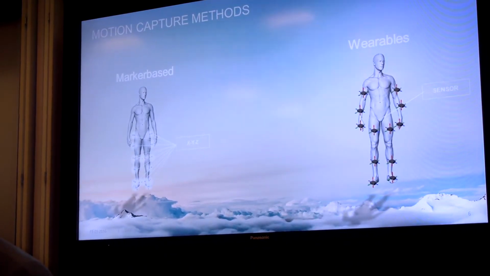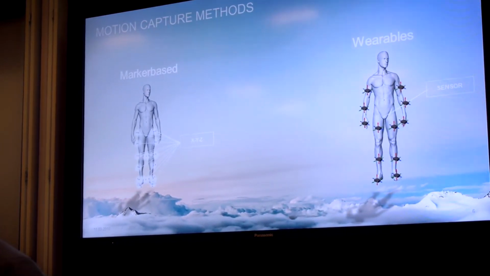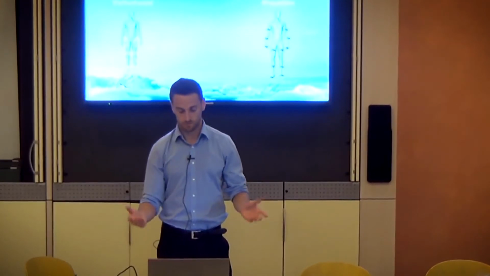And for that, the most used techniques are called motion capture systems. And I think all of you know these systems or have tried them out somewhere at some biomechanics labs or institutes. And there are two kinds of systems right now on the market, also within our system. The first is the marker-based motion capture, where markers, like I have here, are attached to the body. If you want to capture your whole body movements, you need at least like 50 markers on the body. It takes 1 hour to put on, so it's a lot of time.